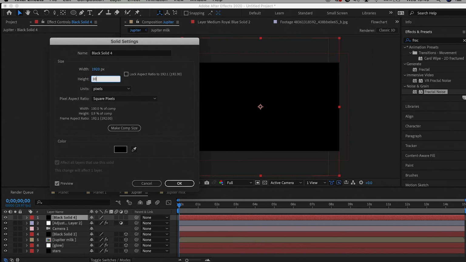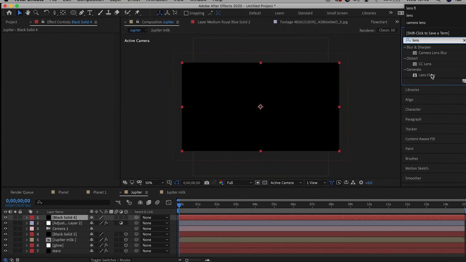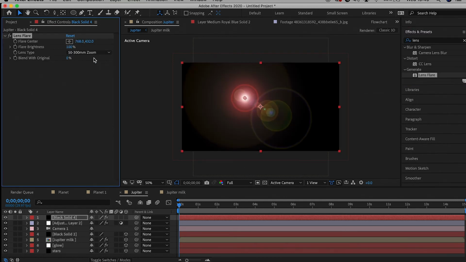Could have just hit make comp size, made it a lot easier. I'm gonna add lens flare. Now, I do have optical flares. That's usually what I use, but again, I'm trying to keep this as